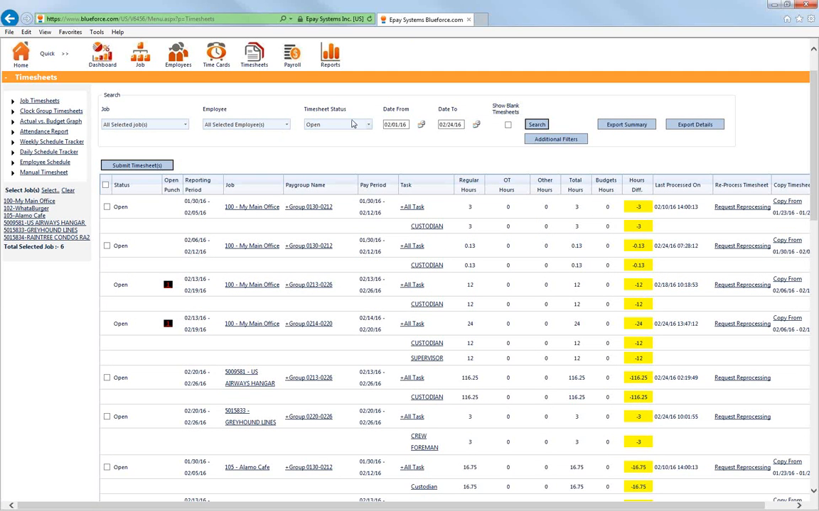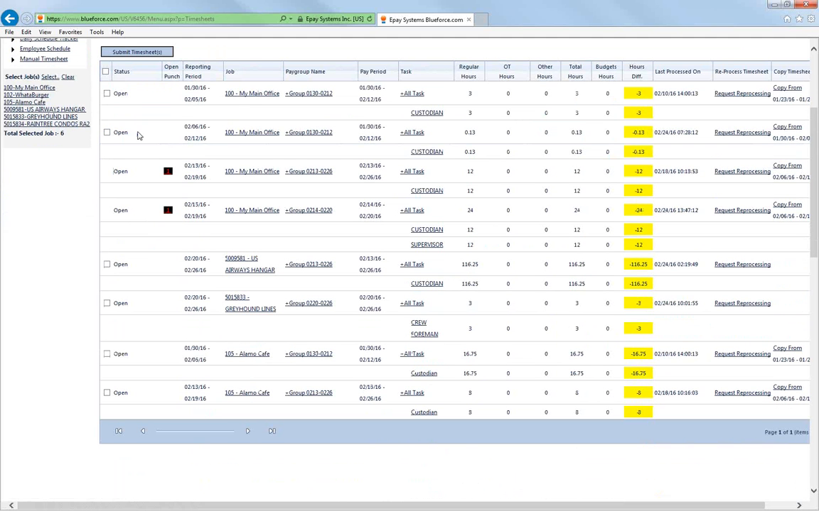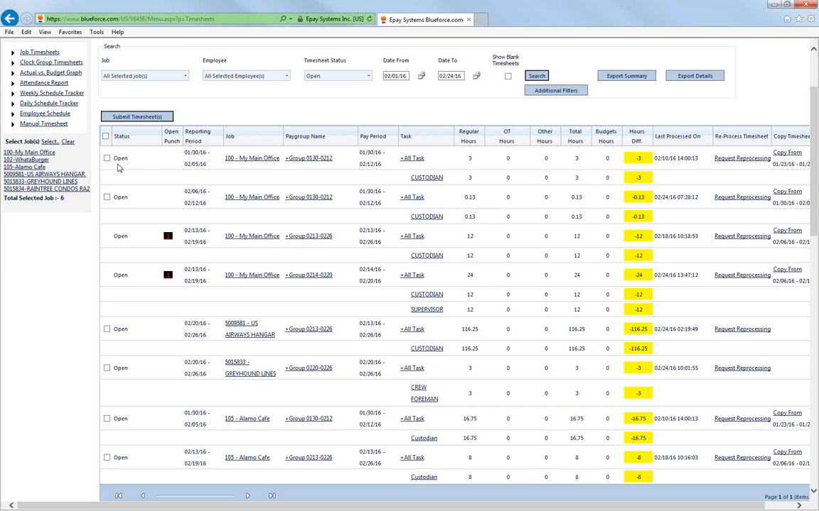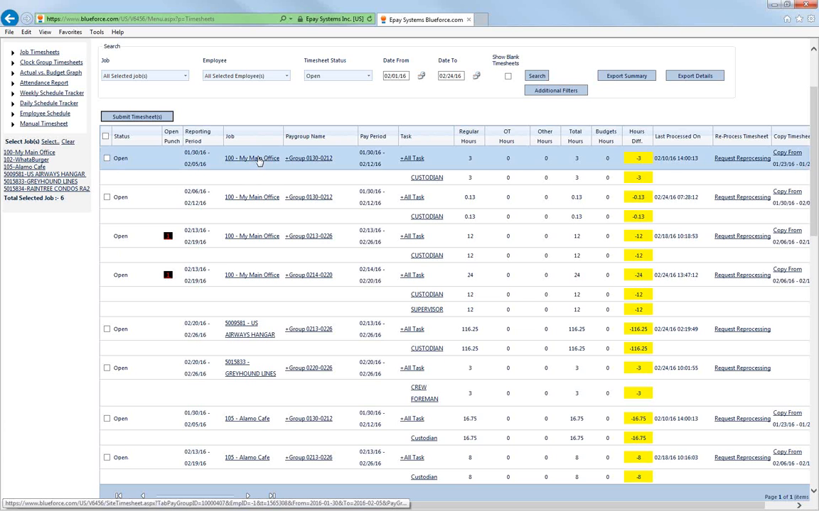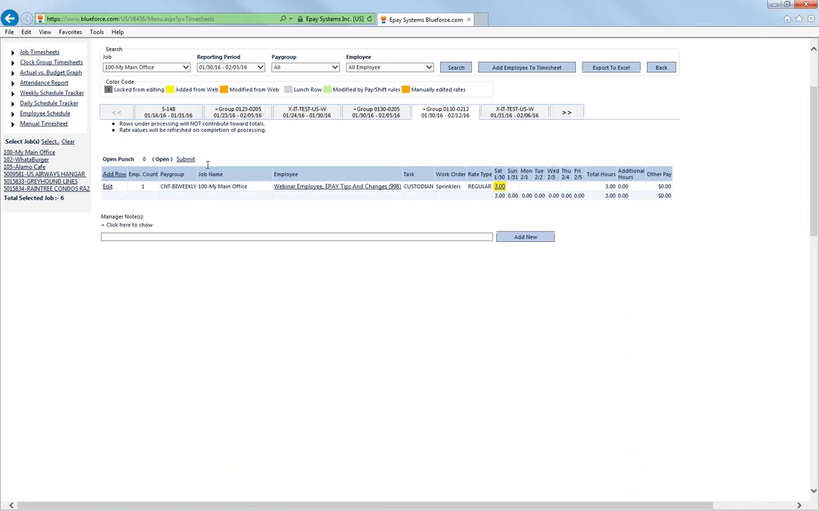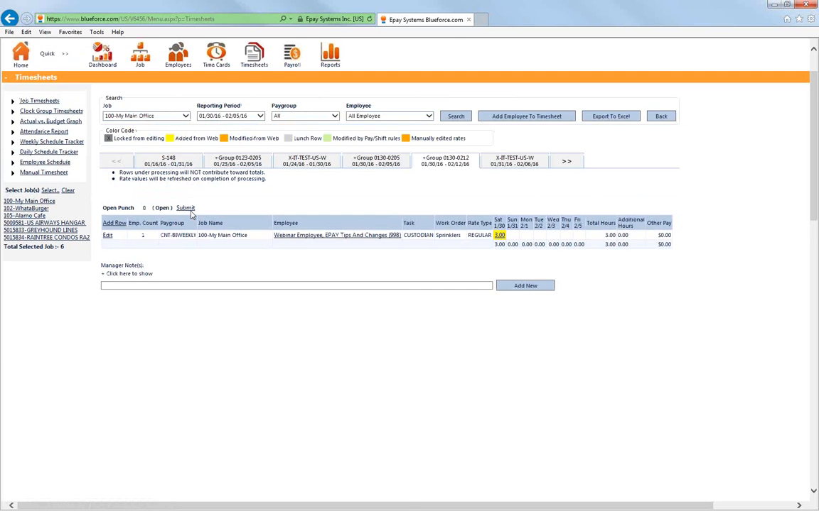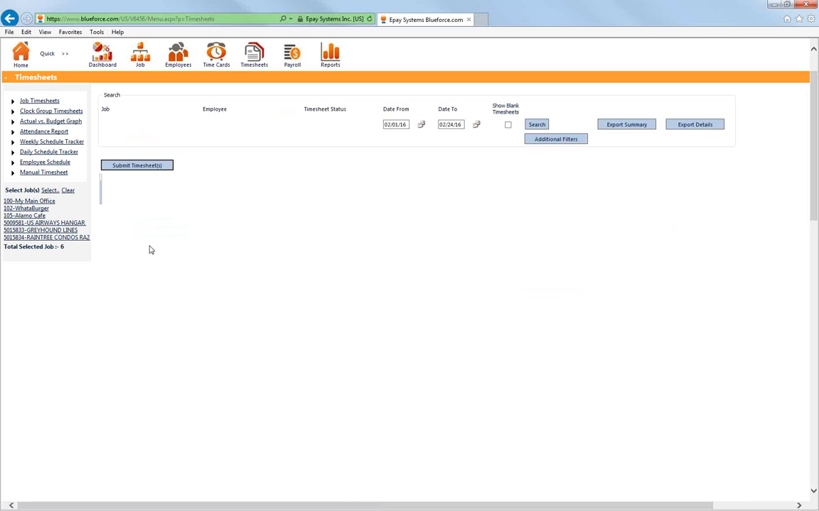So when you change your status here to open, and I've got my 6 jobs selected here, it's going to show me and give me now boxes where I can either submit all these timesheets together if I wanted to, or I can individually go in and review the timesheet, and I can say, okay, this person 3 hours, that's good. I can submit right here inside the timesheet. So you can do the timesheet by a group of timesheets